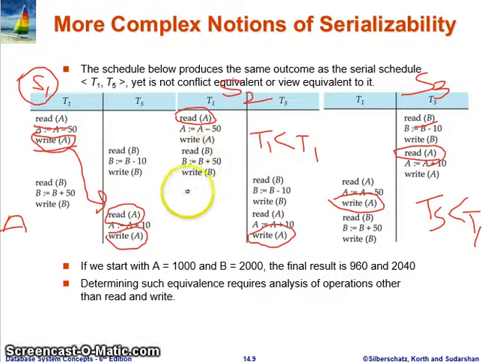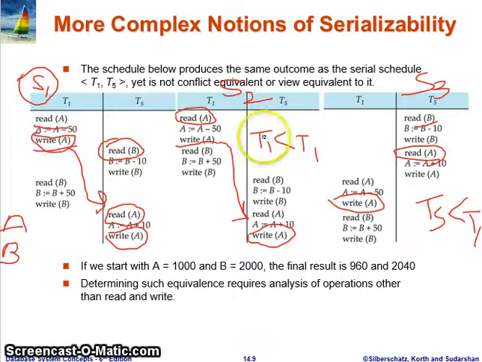In this case T1 is writing A which is read by transaction T5. So we can say on data item A these two schedules are view equivalent. Check for data item B. The first condition is which transaction is reading the initial value of data item B. Here transaction T5 is reading the initial value of B in this schedule S2, as T1 is reading the initial value of B. Here T5 is reading